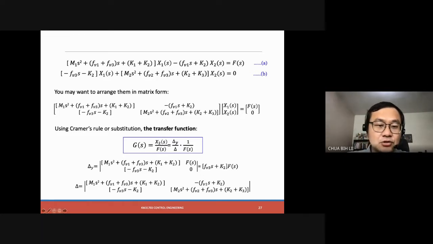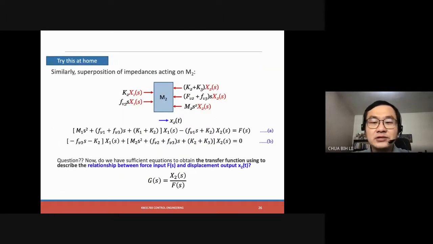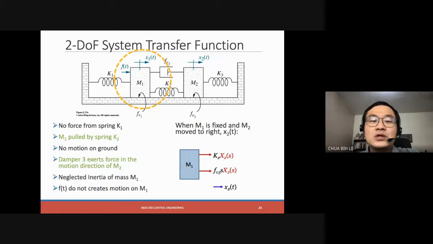All right. So yesterday we stopped somewhere here, regarding the rotational mechanical system. Just a quick recap on what you learned yesterday. For a two-dimensional system, translationally, we break them into two separate free body diagrams, and we analyze such that for